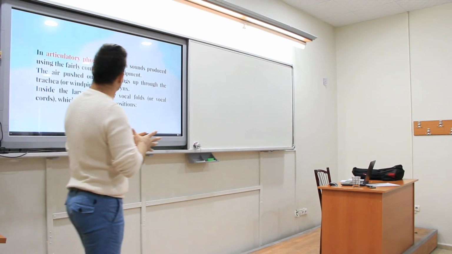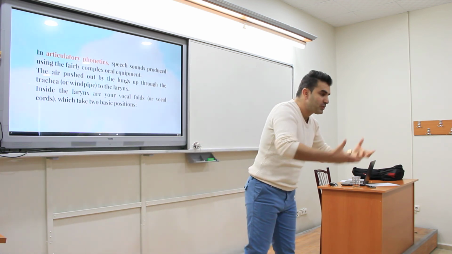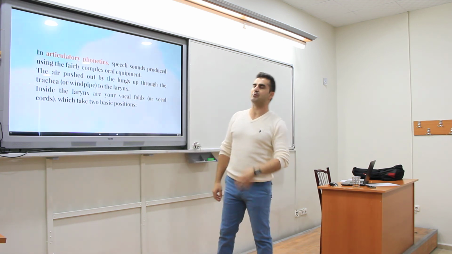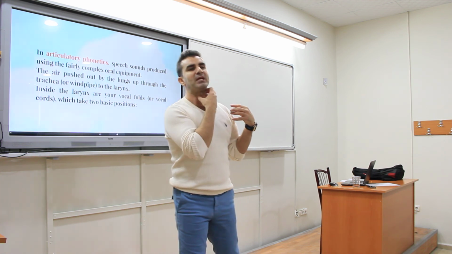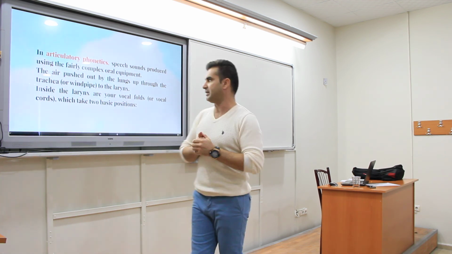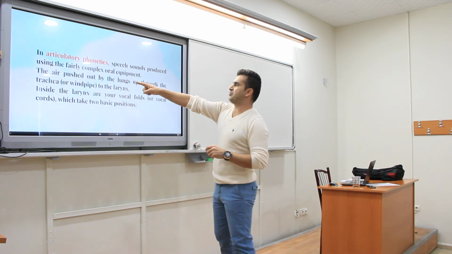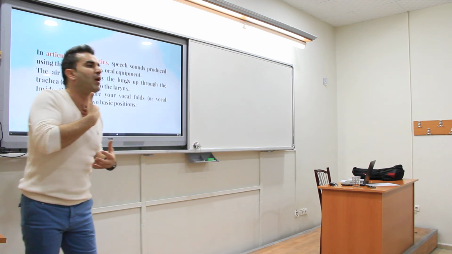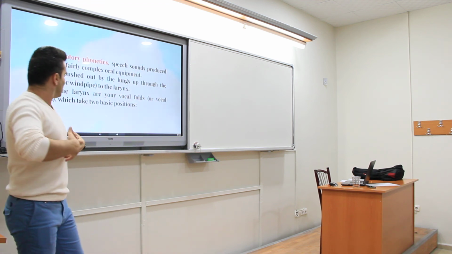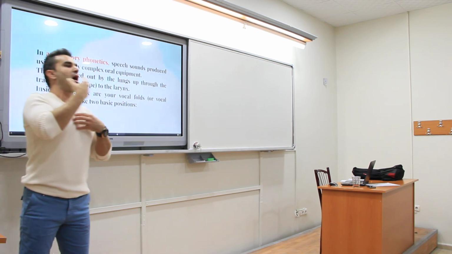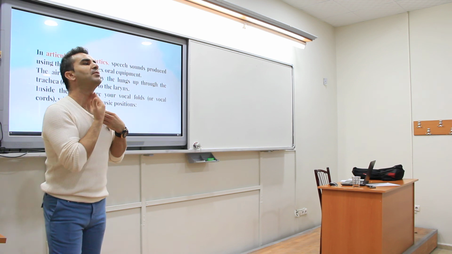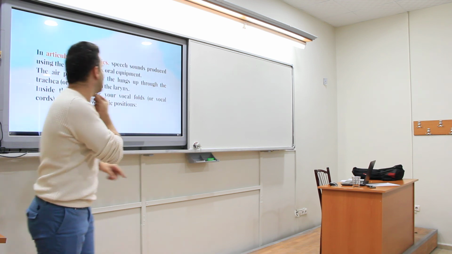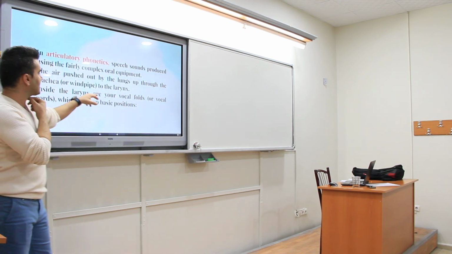So now we're going to talk about articulatory phonetics. How do we produce speech sounds? Speech sounds are produced using fairly complex oral equipment. Complex, here it's complex, right? Oral equipment, mouth, lungs and everything. The air is pushed out by the lungs up through the trachea. Trachea, windpipe. So, from the lungs, pushed out through the windpipe, trachea, to the larynx, and inside the larynx are your vocal